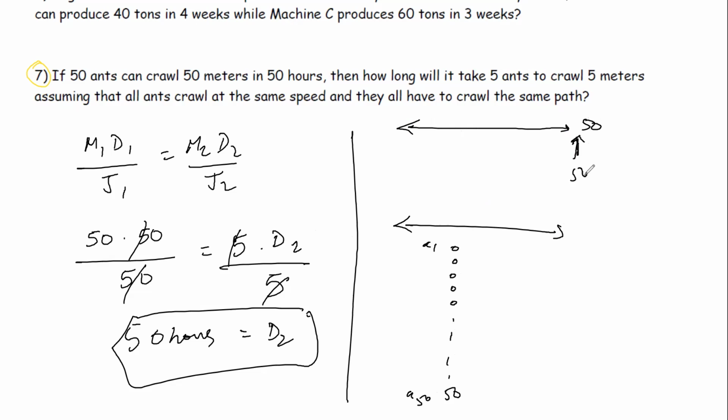This distance is 50 meters. And the time taken is 50 hours, correct? So A1 starts from here. It'll take 50 hours alone. Then A2 starts from here. It'll take 50 hours to complete 50 meters, right? So each ant is taking 50 hours for 50 meters,